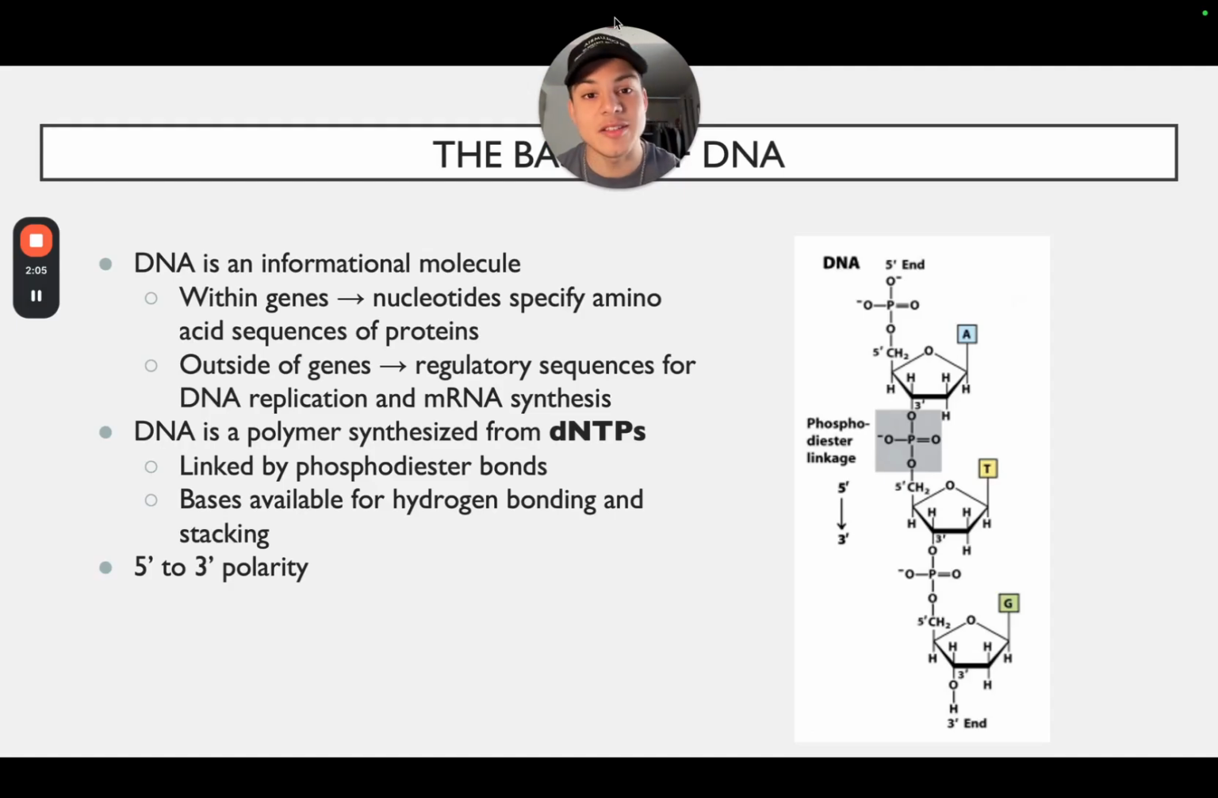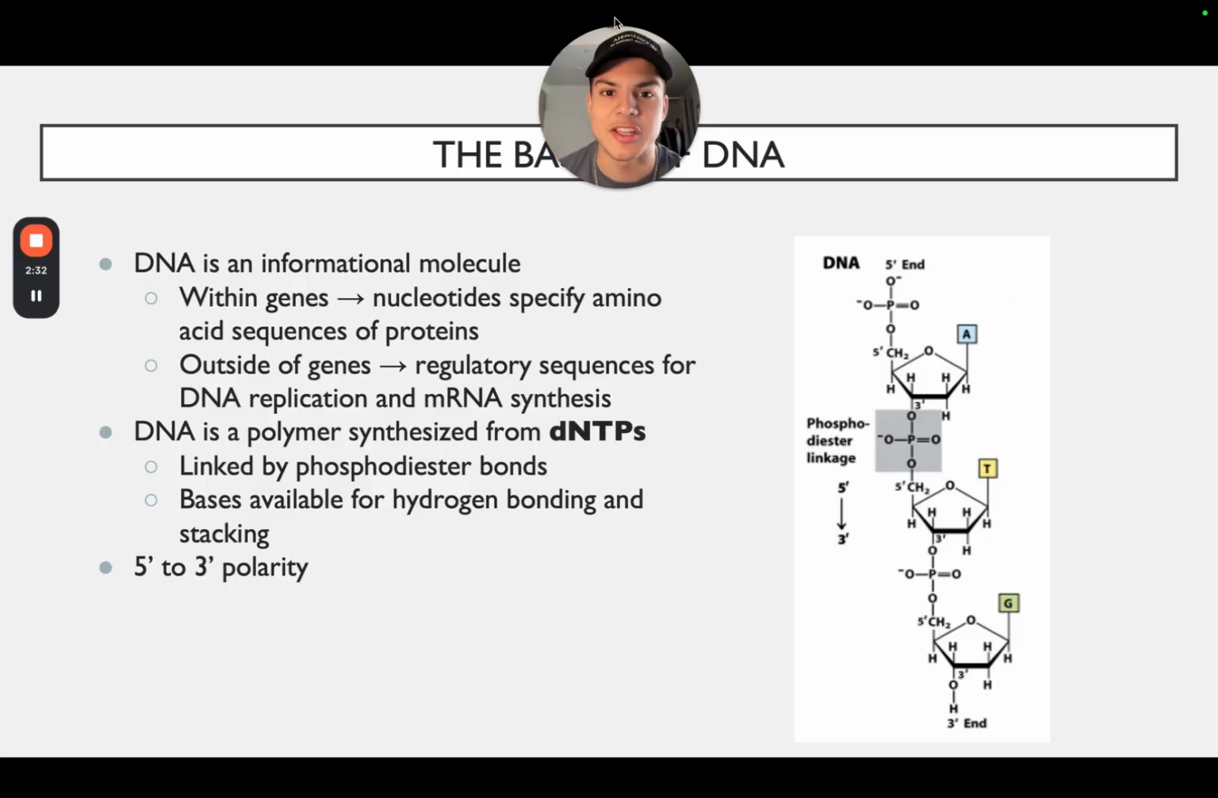Then outside of these genes that are not coded for amino acids, there are regulatory sequences for DNA replication and mRNA synthesis. All this means is that you may have a string of like ATTT or the TATA box, for example, TATATA. Those are regulatory sequences that allow transcription factors to bind and then allow for DNA replication to take place. Those little regions of sequences may not code for amino acids,